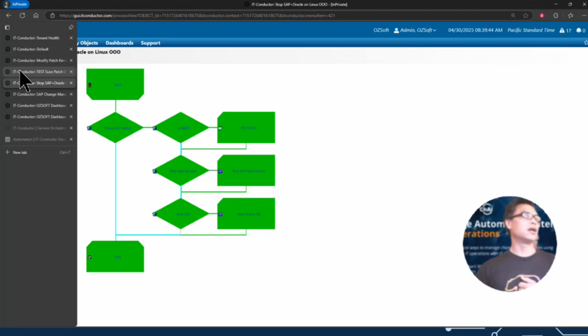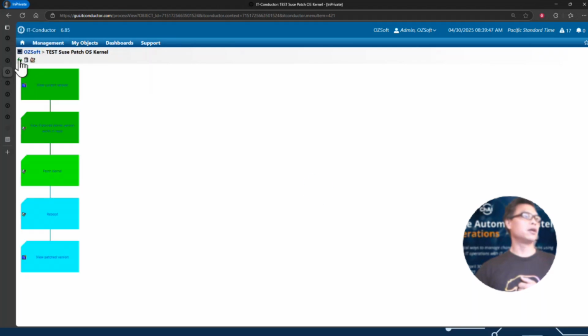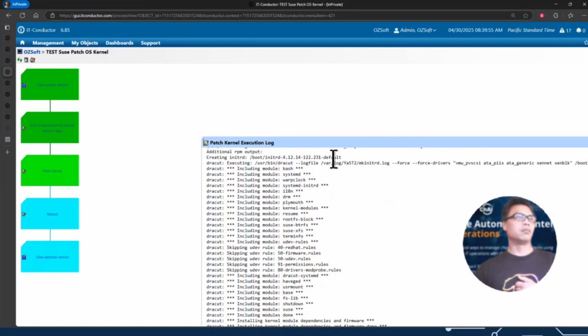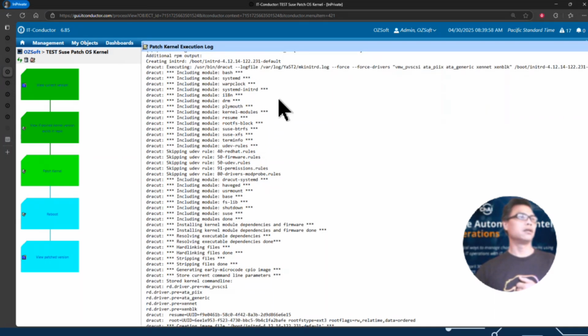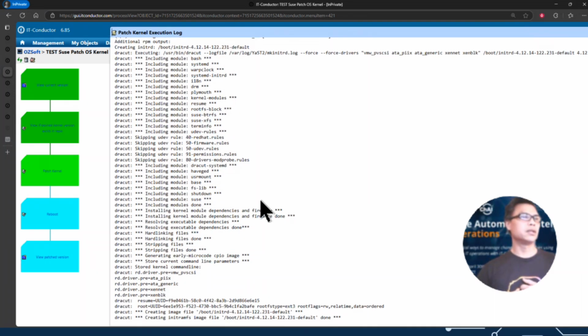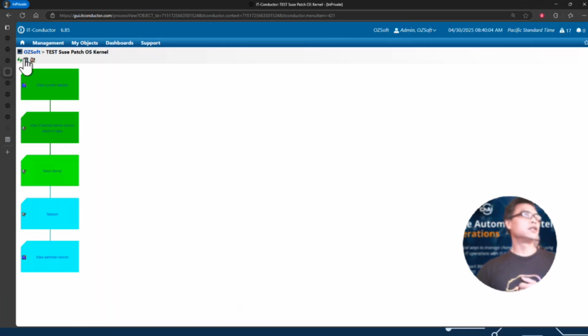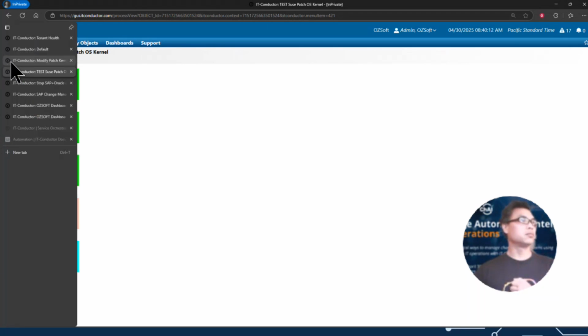And let's go back to our patching and see where we are with that. Looks like patch is done. Right? So we have already completed the patch. You can see the log. This is what I mean by traceability. It's done. Since we didn't mark reboot inside of the workflow, it won't do the reboot here. So it will allow us to actually execute the reboot through change management. So let's go back to our